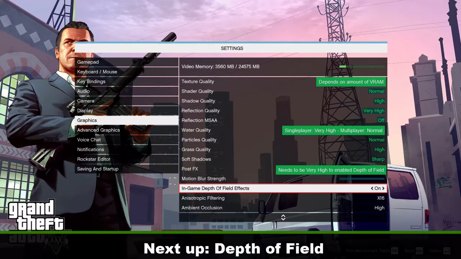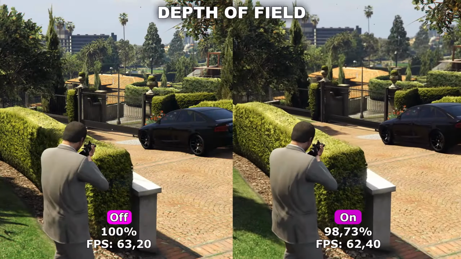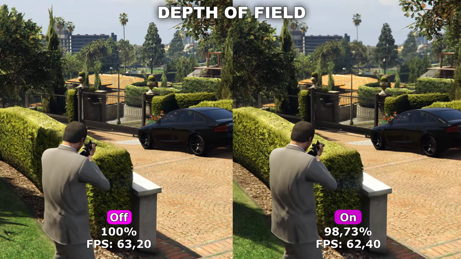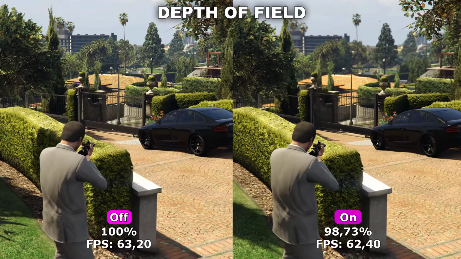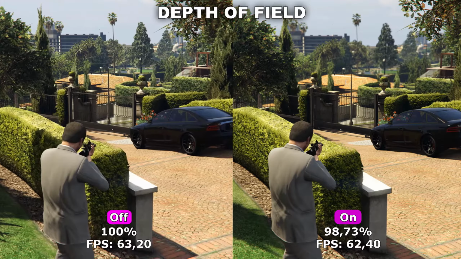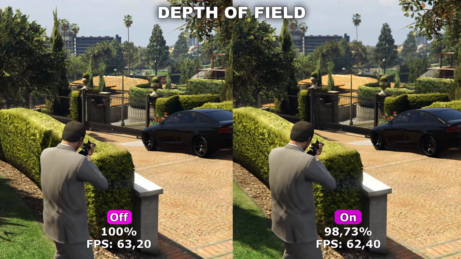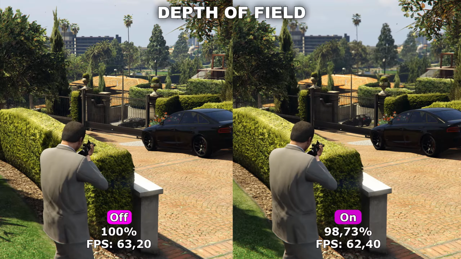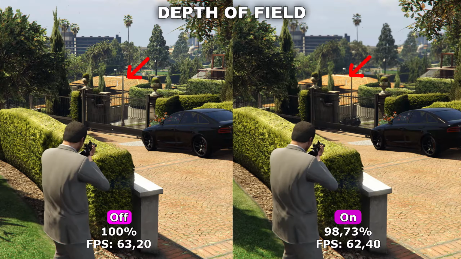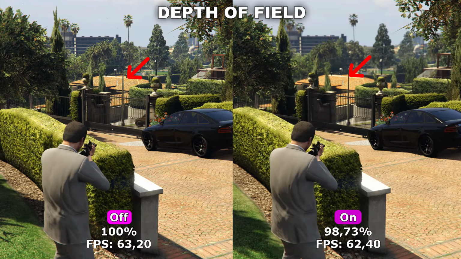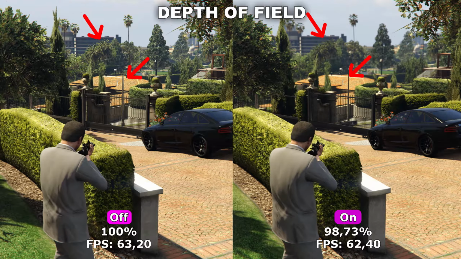Next up, we got depth of field. Depth of field will slightly blur out everything else except the very thing you're either looking at or aiming at. As you can see here in my example, both while I have it off and on, I'm aiming directly at the gate in front of me. But if you notice the rooftops on the house a little bit further back, while we have it enabled, they start to be very blurry, and also the trees further out in the distance, compared to while I have it off, where I can still see them very clearly.